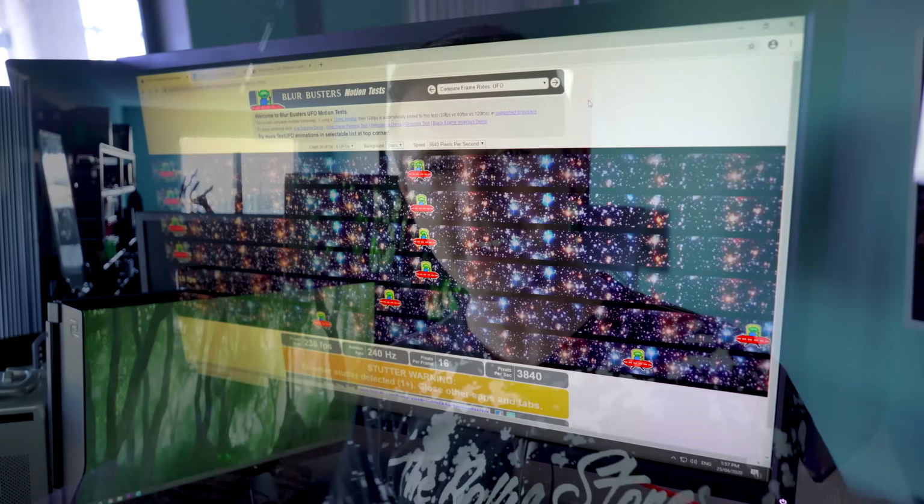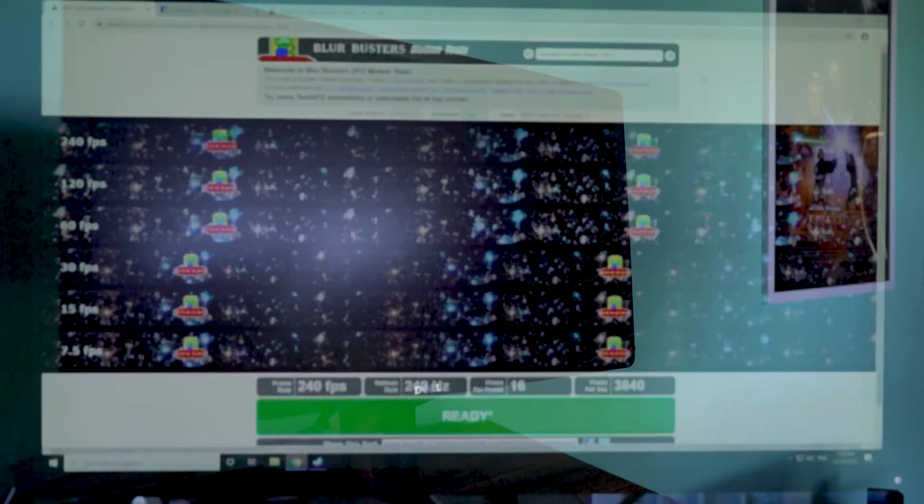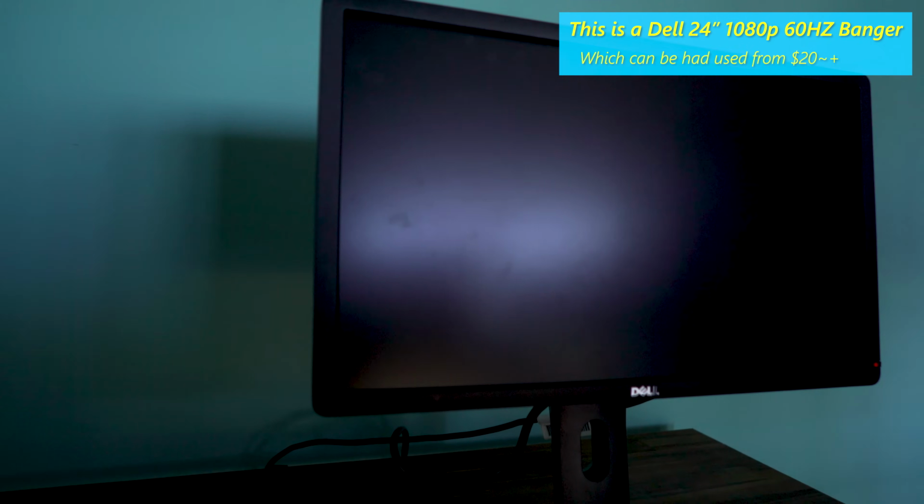If you currently exist in the magical world of PC gaming, then chances are you have probably tried a 60Hz monitor before, or you may even be using one now and you're thinking, what's the best upgrade path that I should go down? This is usually one of those questions that can linger in your mind for days and days. You see all the spec sheets, you read all the reviews, and then you still can't make a decision. Well, if that's the case, then you have come to the right video, because behind me here,